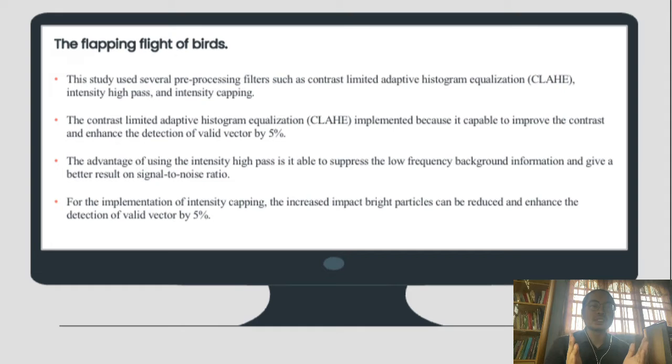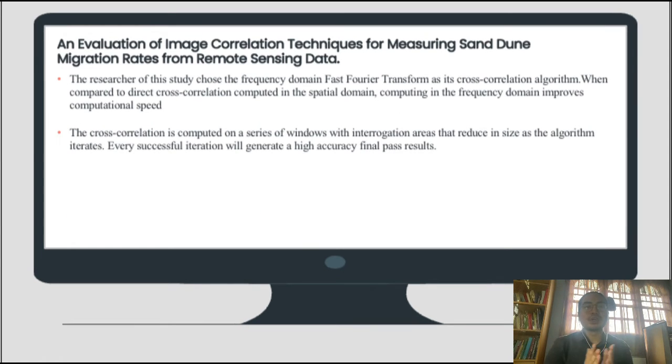vectors by 5%. Then, the advantage of using the intensity high pass is that it is able to suppress the low frequency background information and give a better result on signal to noise ratio. For the implementation of intensity capping, the impact of bright particles can be reduced, enhancing the detection of valid vectors by 5%. The next study that used the open source PIV software PIV Lab is the study on